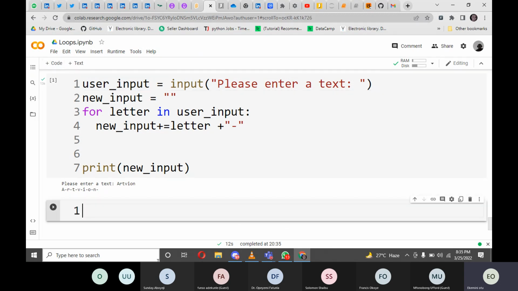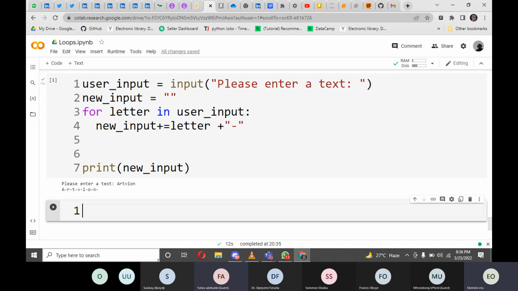Okay, so let's create a cell. And before we do that, let's assume that we just want to introduce a new concept, for you to understand len and also enumerate. So what is len? In Python, for sequence types, we have strings, we have lists, and so on and so forth. To get the len of that object, we use the len function, and it's always indicated as len open